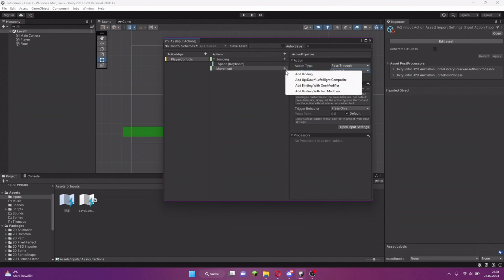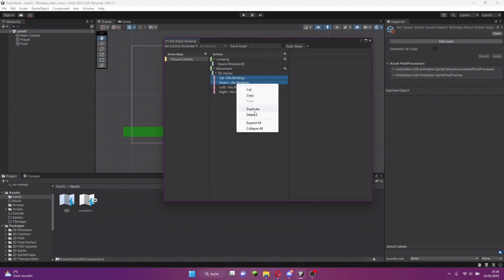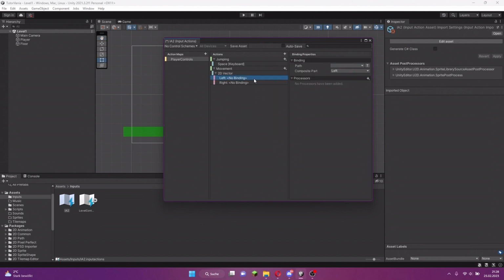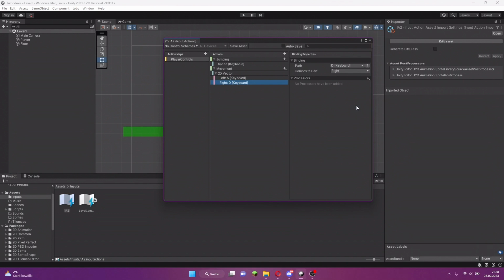So, and when we don't add a binding, we now add up, down, left, right, composite. We only need a left and right, so we can delete up and down. And here we can say which button we want to use. This will be A, and right will be D. You also can copy this and